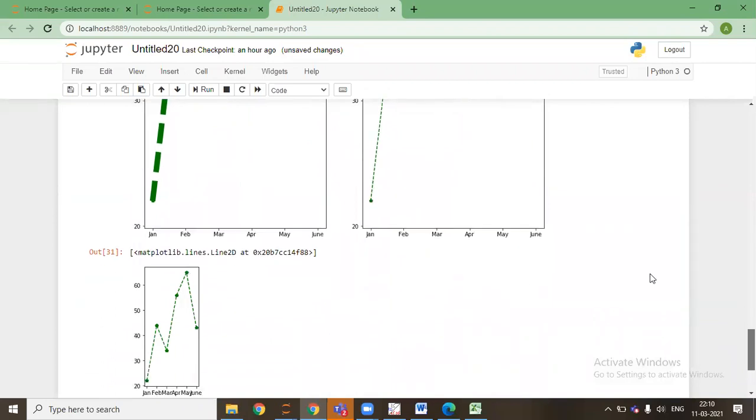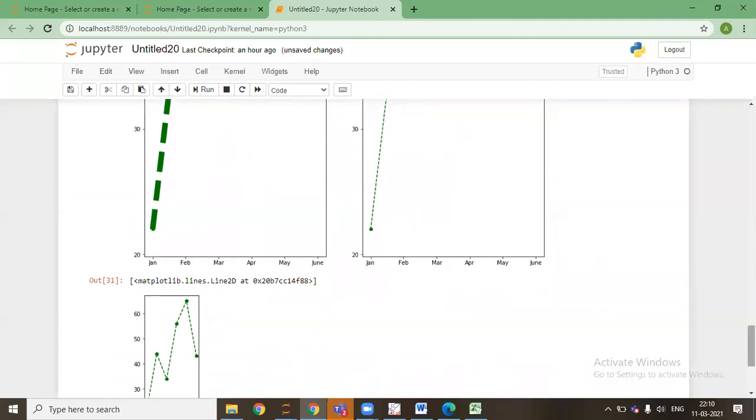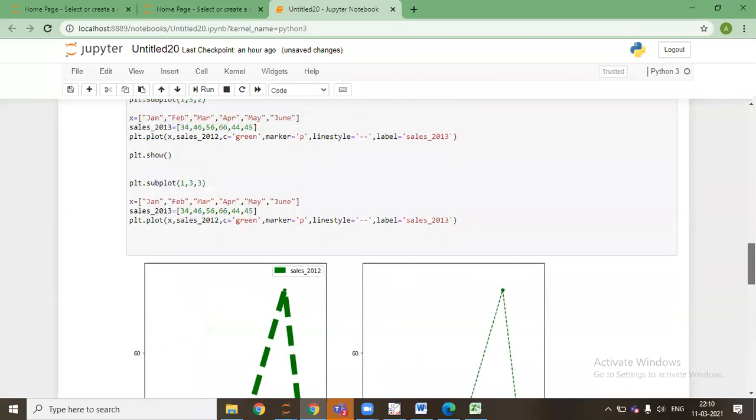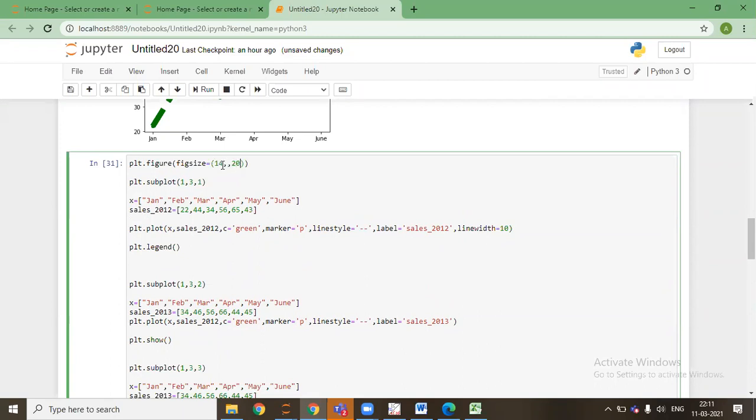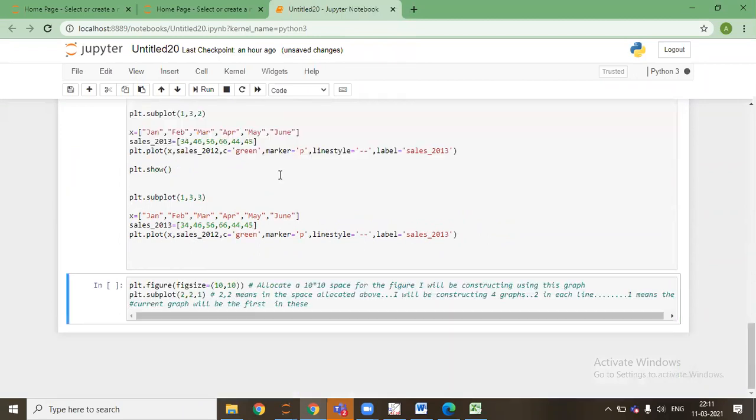Ideally, because of space, it is not coming. Ideally, it comes into a line. So I'll change the space, say 14 by 4, shift enter.